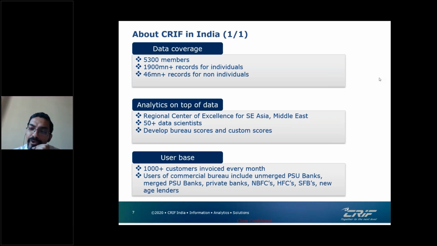To build a good model, it is very important to have bads. Unless you have bads, you cannot build a good model. The bureau has always a proportional amount of bads relative to the overall goods. And therefore, if your early warning definition is actually 30 plus in 3 months, 60 plus in 6 months, 60 plus in 9 months, then the bureau is the place that has the data to actually help you get to the model. You can, of course, do that by looking at your borrower base, looking at your portfolio itself, but that may not be sufficient.